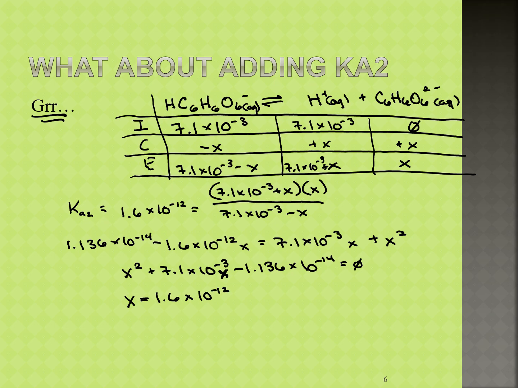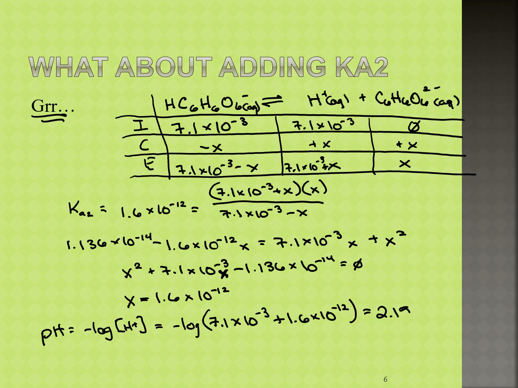All right, so if I want to find the pH of this, that is the H plus concentration. So the pH is equal to the negative log of H plus, and our H plus in this case is 7.1 times 10 to the minus third, plus our new X, 1.6 times 10 to the minus 12th, and I get 2.15,